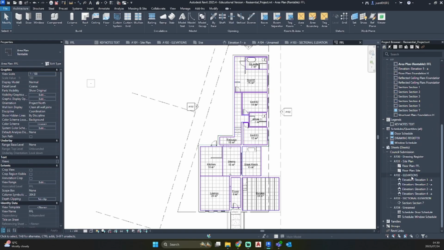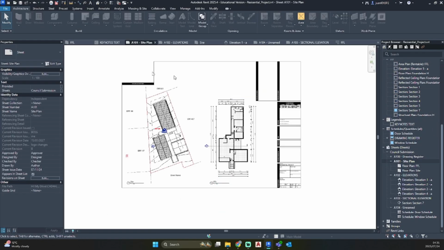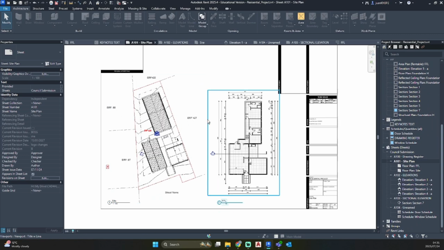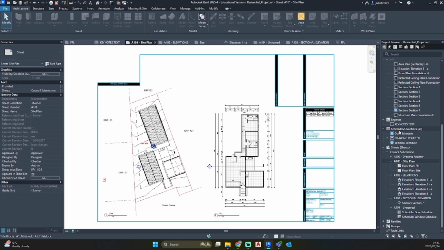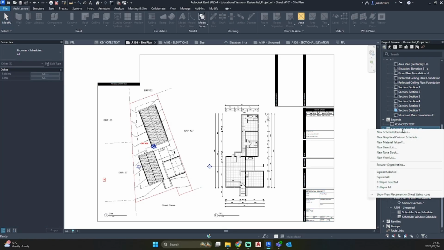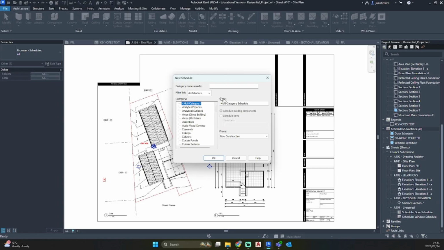So there we have our room tags, and we can go to our site plan. We want to add our room schedule to this page. So let's go to Schedules and Quantities in your project browser. Right click on it, new schedule of quantities. What do we want to do?